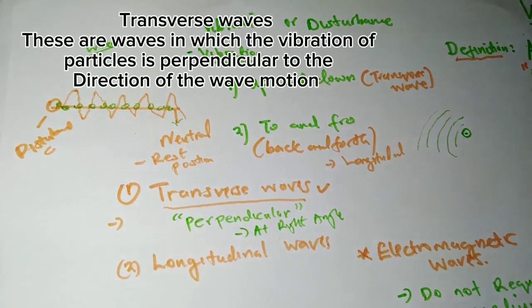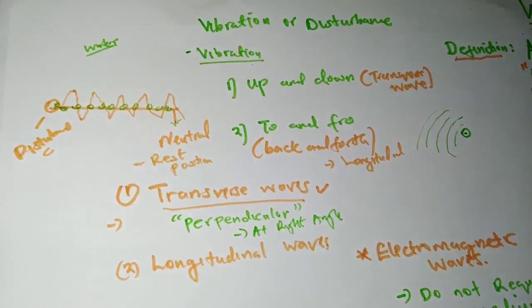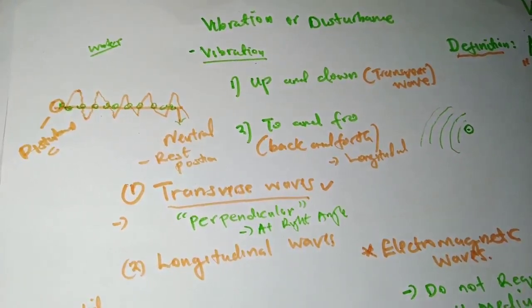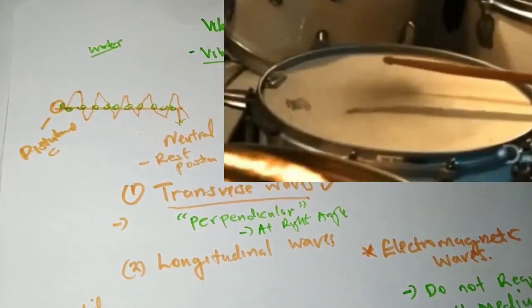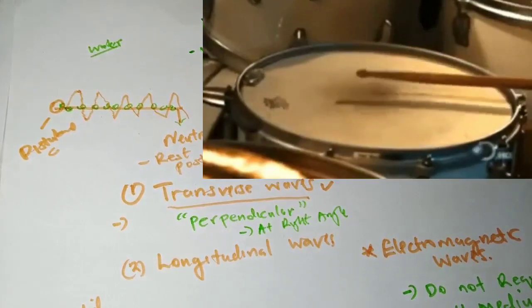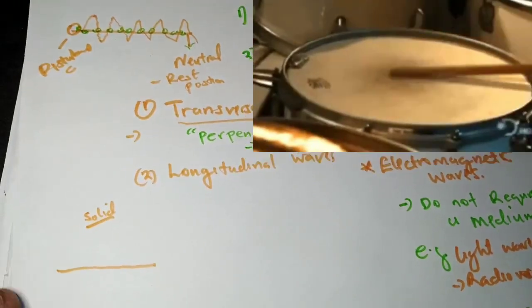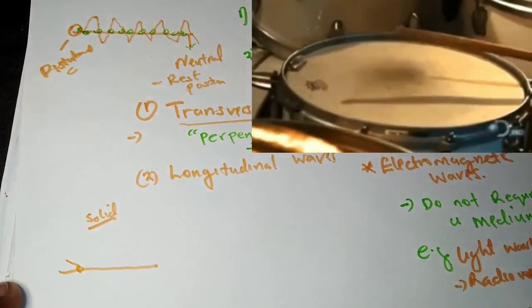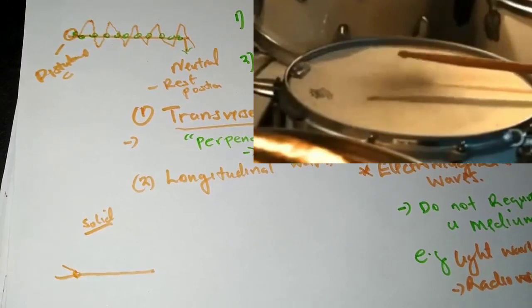Now let's say we have another example. We have particles resting here. Let's say this is a solid. Let's look at this: we have someone here beating a drum. That's a solid. There are particles there that will begin to vibrate and produce some sound. What's really going on? As the man is hitting the drum, on the snare, sound is coming out, and the sound is a wave.